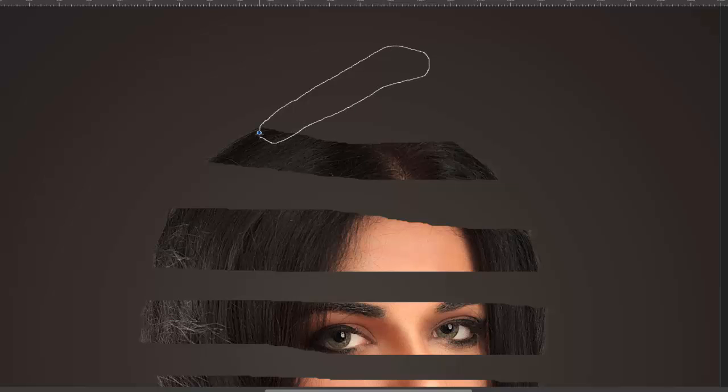And I'm trying to roughly keep this similar size to the strips that I've made, so it looks like a continuation. So now I've done that first one,